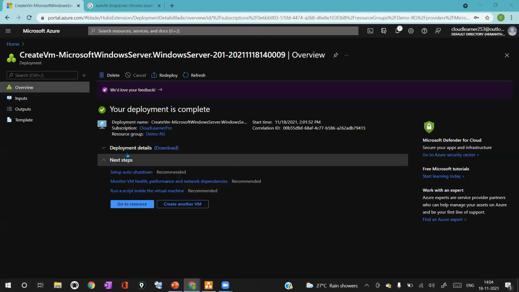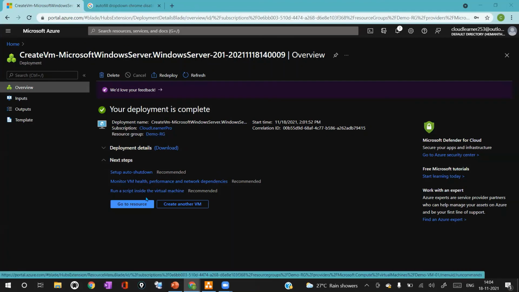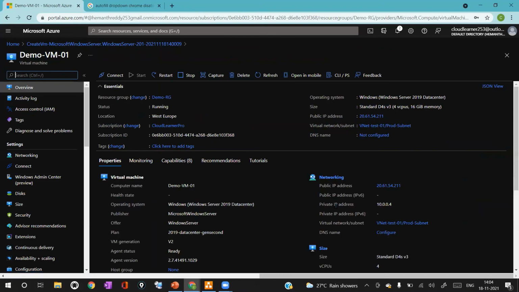Here you can see the deployment is completed. I'll go to the resource by clicking on go to resource, and we can see the private IP address of the VM is 10.0.0.4. So whatever I explained in the diagrams is justified. The VM we created in the vnet-test-01 and in the prod subnet is getting the IP address 10.0.0.4. That means after the IP reservations, we are getting the available IP from the fourth IP of the particular